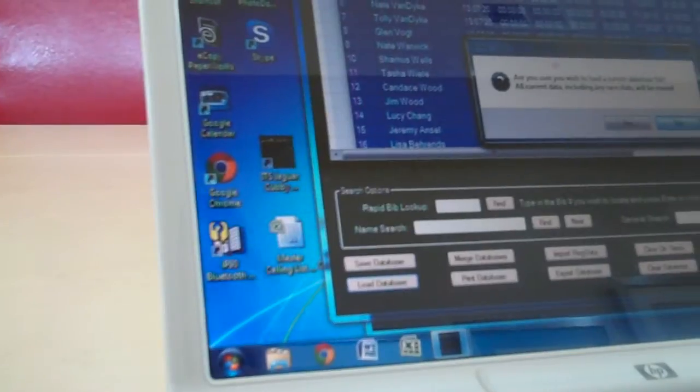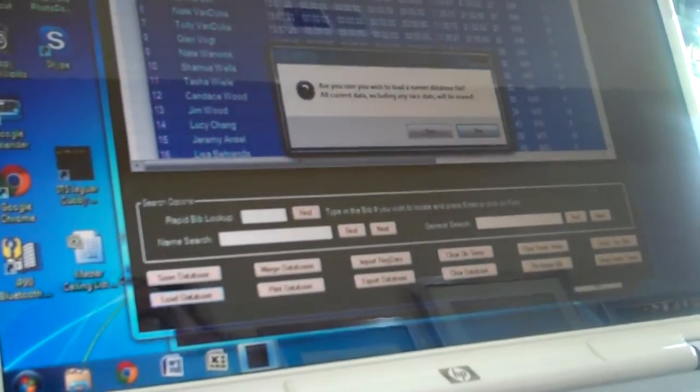But you can only load between 0 and 500 bib numbers, unless you're going to get creative on how you mark them, like if you know that 757 is actually going to be 257 in the runner database. Something to do differently next year when we order bibs with Craig, we need to say